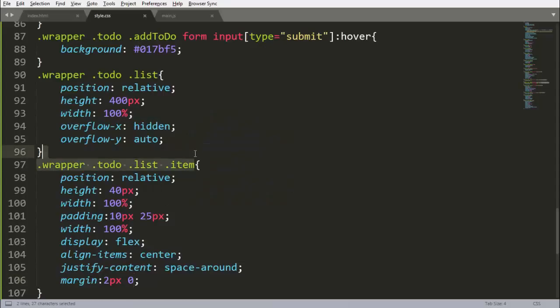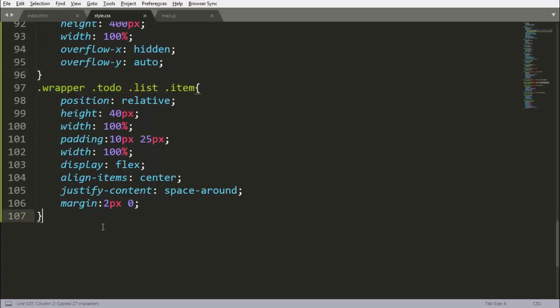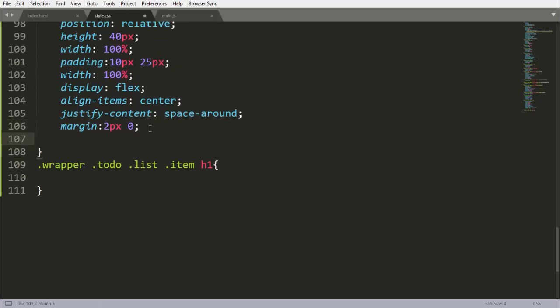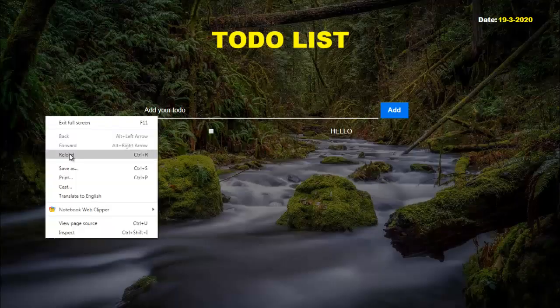So let's target the h1 here. First of all, let's add a background here. Background will be RGBA 255, 255, 255, 0.1. Let's save this and reload this.